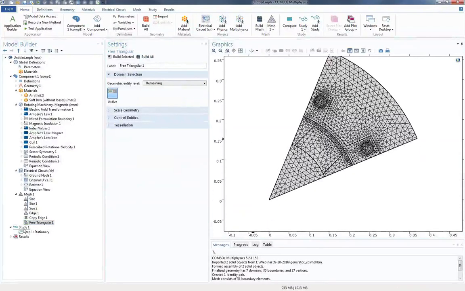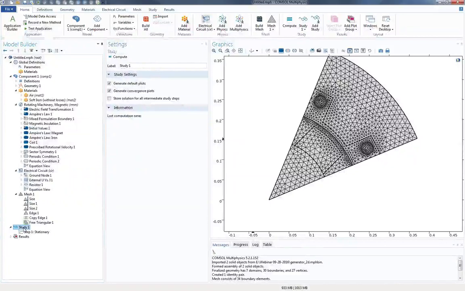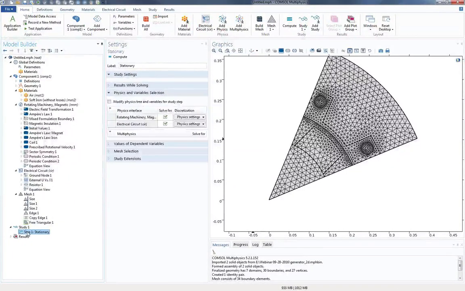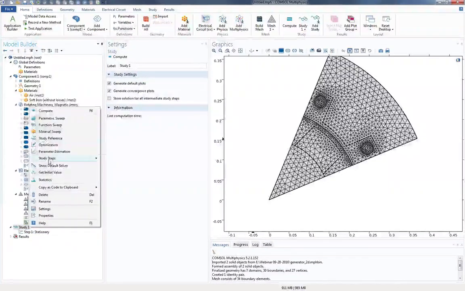And so finally, in this study stage, we already have a stationary study. This is needed because we have a permanent magnet in the model. So before we solve a time-dependent study, we want to make sure that there is a field from the permanent magnet already existing before time t equals 0. So now we will add a time-dependent study,